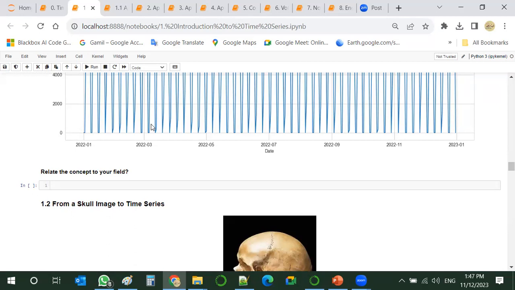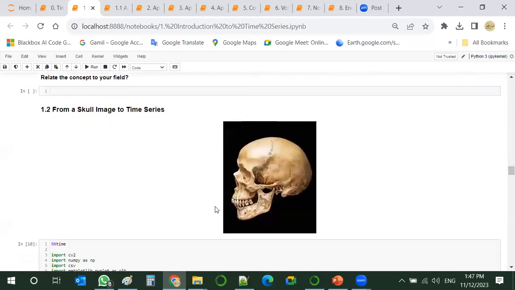The next point is we can relate time series even to unexpected fields. Like if we have something like this, on a skull, which would be very interesting for archaeologists maybe, or history people.